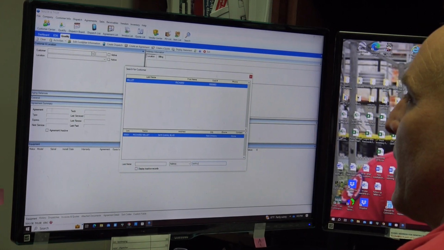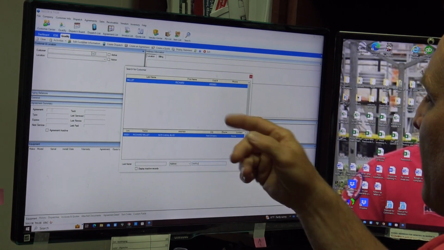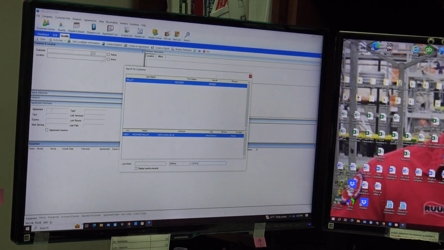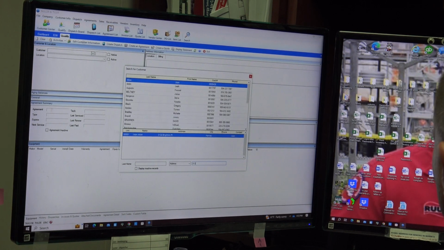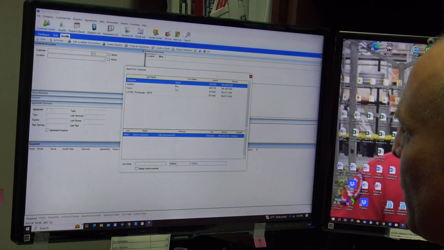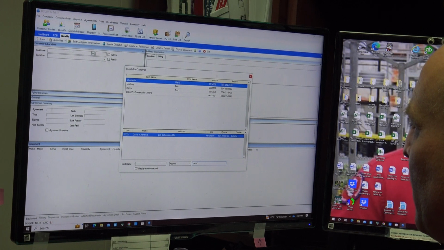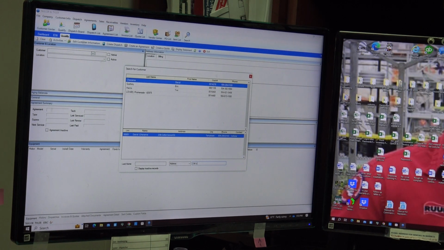Let me throw this out at you now. Let's do a different one that I know the answer to. 236 Cottonwood. So 236 Cottonwood, I type in 236C. Okay? Now, I am looking for a customer with 236 Cottonwood. The first one that pops up,